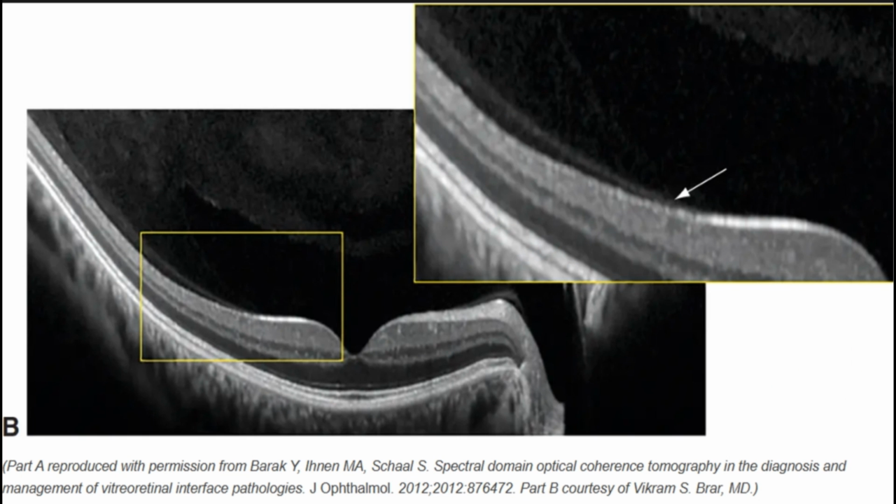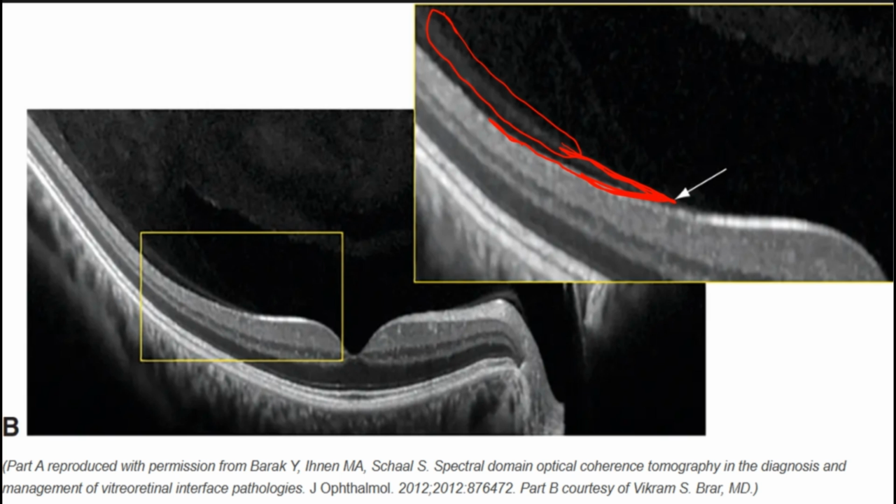Here you can see an OCT image showing the same thing: usually the vitreous and the retina are in close adhesion or attachment with each other. However, with age and in some pathological conditions, the vitreous starts separating from the retina, and that condition is known as vitreous detachment. You can see over here, normally there should be no gap, but here the vitreous has started to separate from the internal limiting membrane, and this hyperreflectivity that you see is